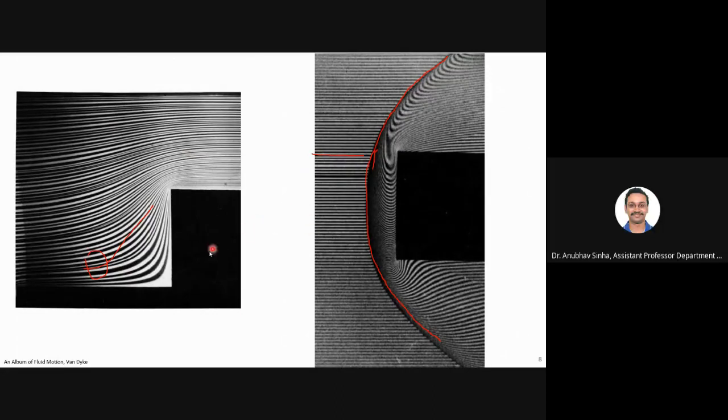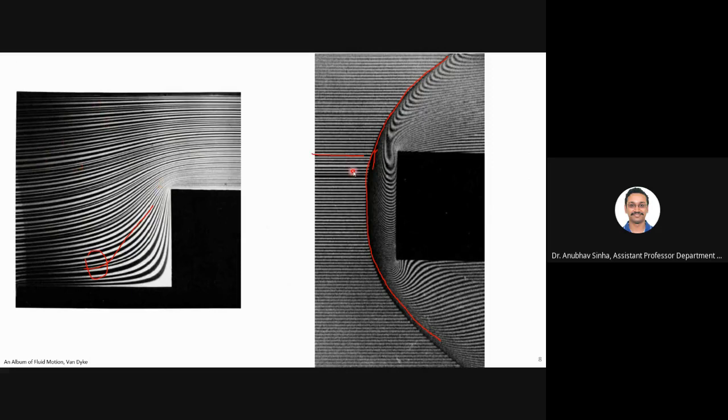Okay, let us talk about these two. This information is getting passed to upstream fluid particles, that something is coming, so go to the side. That is what these particles are doing. Even this far, this streamline is bending because of that. Why not in shock? Let me tell you what happens. There is a wave which travels backwards and tells particles to move away. That wave moves at what speed? Sonic speed. It travels at the speed of sound. So it goes back and tells other particles to move away.